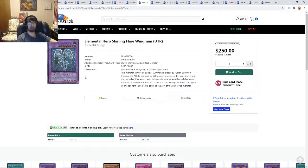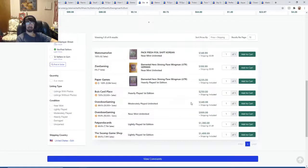Elemental Hero Shining Flare Wingman Ultimate Rare. This is one of my favorite Ultimate Rares when it comes to heroes. You can get some moderately played and all this, heavily played. The best part about buying old collections, by the way, which I am...